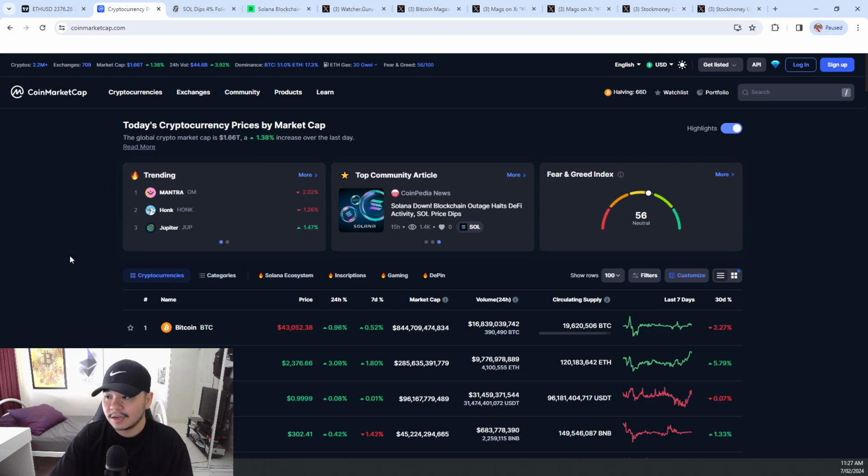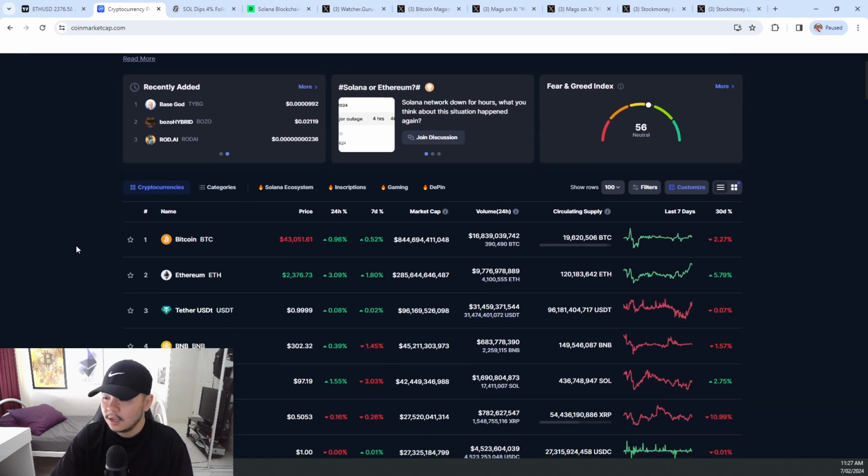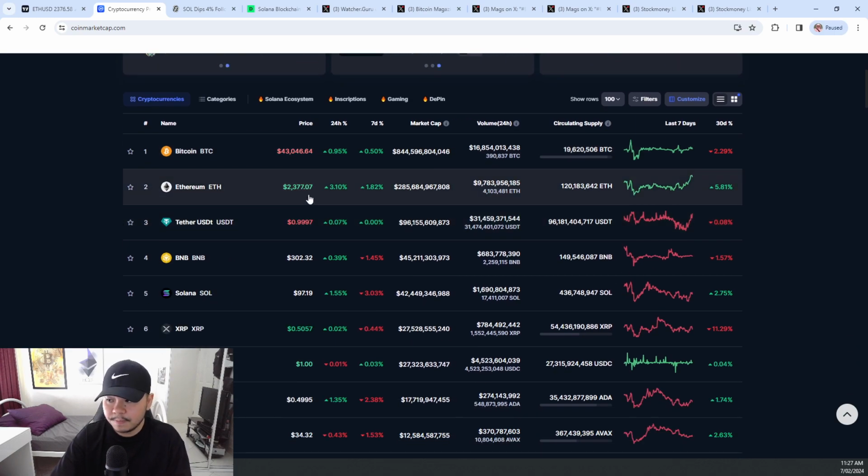But today you can clearly see the market is slightly up 1.4%. And you can clearly see for the past 24 hours Bitcoin is up 1%, Ethereum 3%. So Ethereum today is looking pretty good, looking like it wants to go back up to